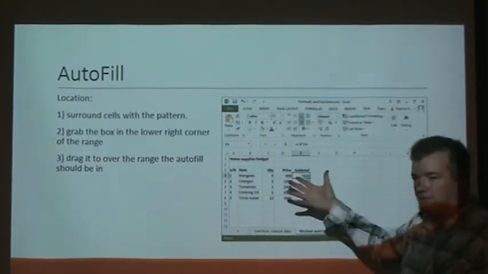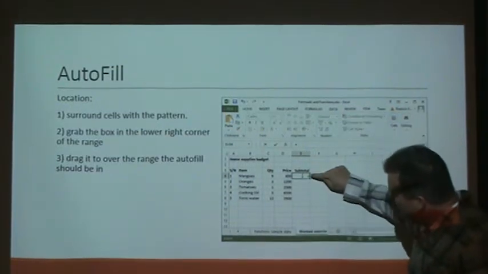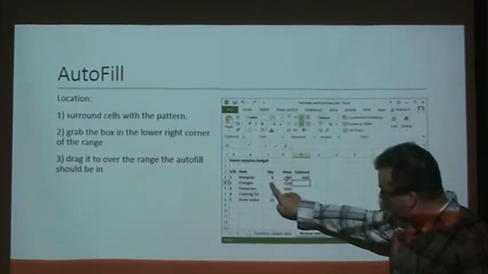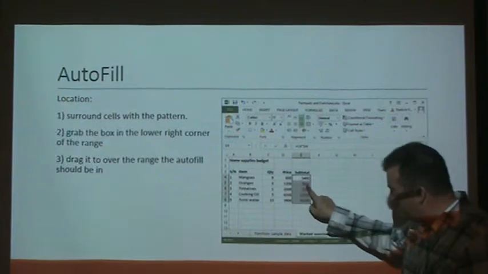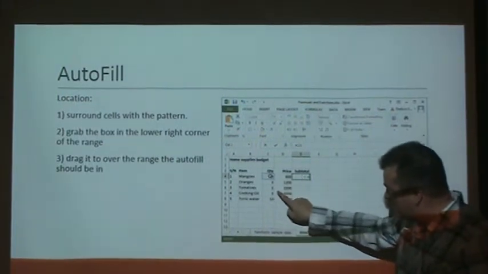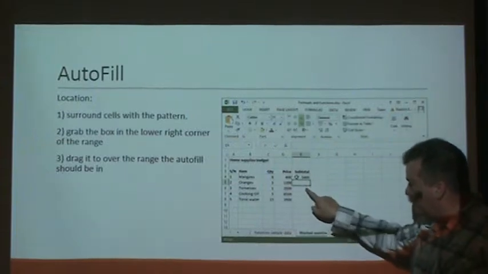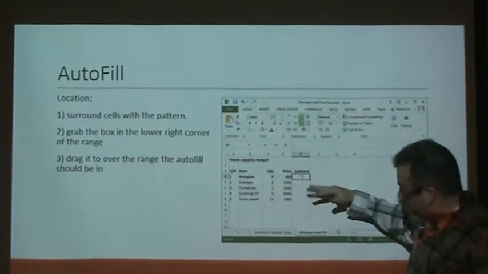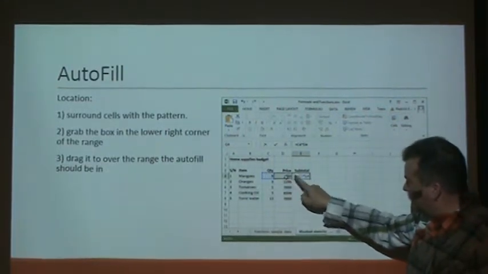Hit enter, 5,400. You'll notice the pattern: what goes in this box should be calculated by taking the number of oranges times the price of an orange. And the pattern should be the number of tomatoes times the price of a tomato, which goes here. So once I do this first calculation, C4 times D4 equals this number, this is kind of moving quickly,